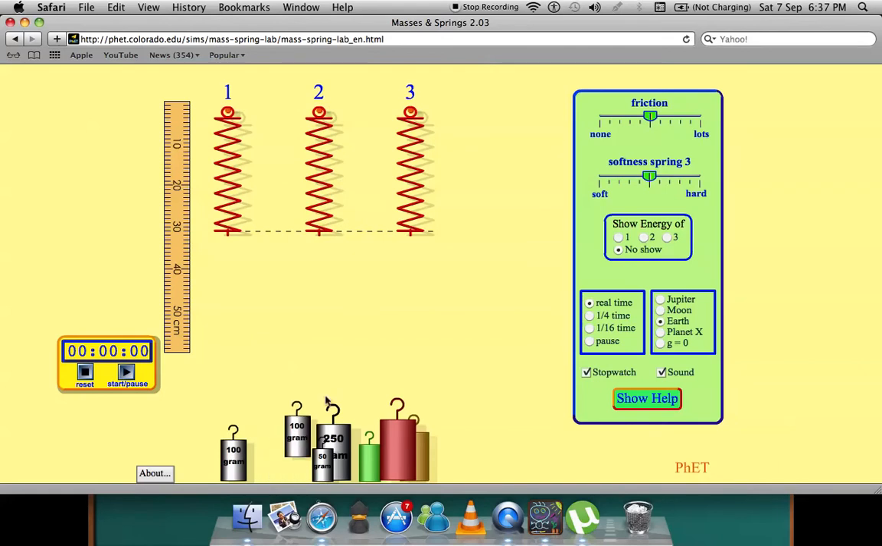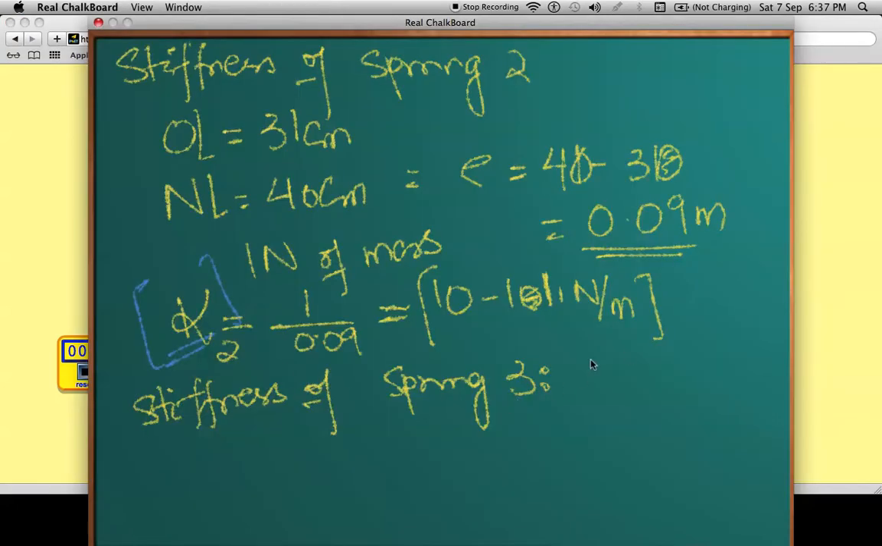Now let's find this out. This is originally at 31 again. Alright, so again it's coming on 40, which means the stiffness of spring 3 is also 1 over 0.09, because again the extension for 1 Newton is 0.09. So it will also be 10 or 11 newtons per meter. This tells me that all three of them are made of the same material, because the stiffness is the same. Now that we know the stiffness of all three of the springs, we can attach any mass,